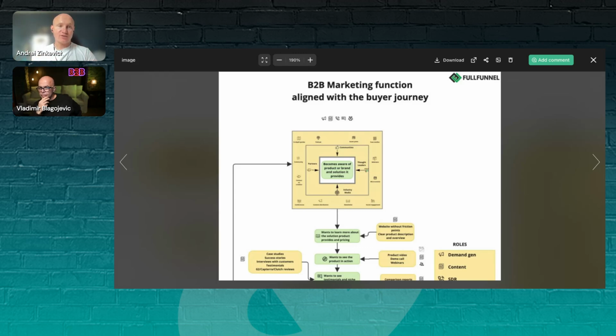And then visually, you try to map out the buyer journey. What you see here is a linear buyer journey, but in reality, we all know that it's never linear. So you try to map out the key stages, and then how, with your existing resources, you can impact it. In a nutshell, this is what we want to discuss today. But the first point, what I have mentioned, is focus: defining the go-to-market strategy, the key priorities and challenges. Maybe, Vlad, you can pick up that part.